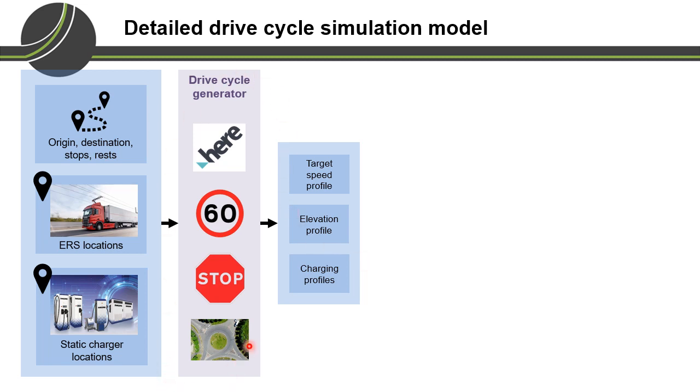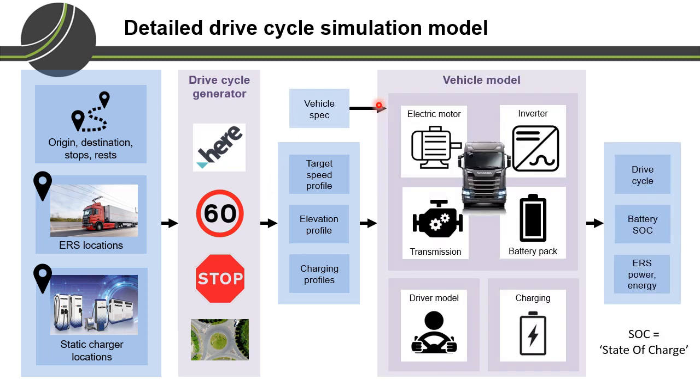And this generator makes use of the Here Maps API, and it takes into account things like posted speed limits, stops, traffic lights, roundabouts, all that sort of thing. So this is then fed into the second part of the model, which is the vehicle model,